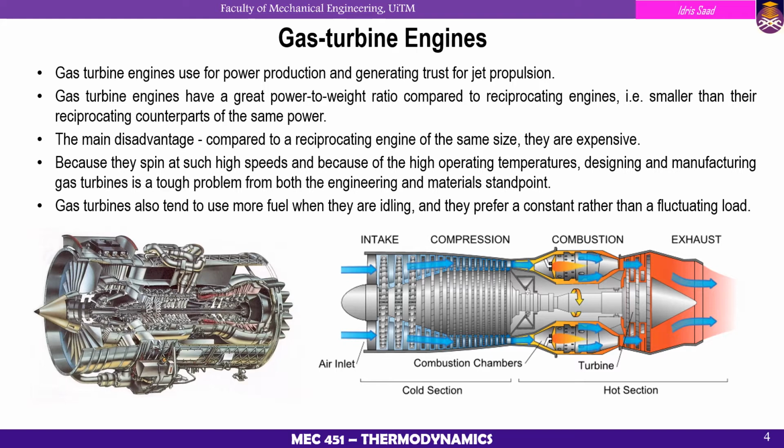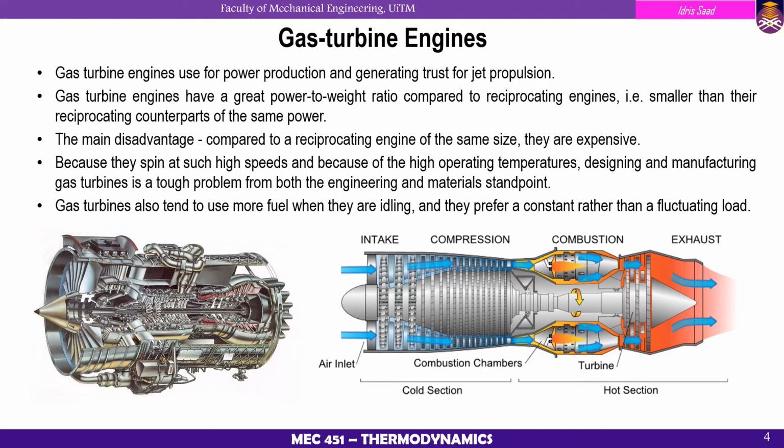This condition is called the idling condition, and at this idling condition, the gas turbine engine consumes fuel at a higher rate. The meaning of fluctuating load is if we ram the car, in other words, we press and release the throttle of our car or motorcycle like vroom, vroom, vroom. The gas turbine engine cannot do that. If we have traveled by airplane, the captain never rams the airplane.